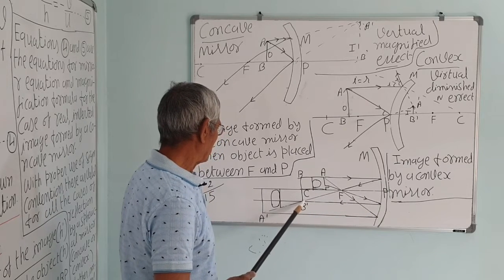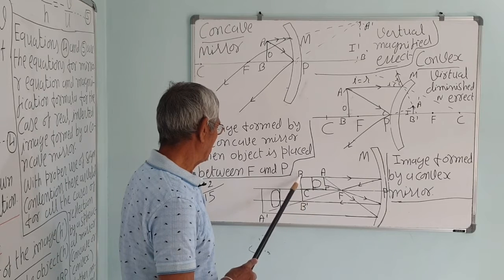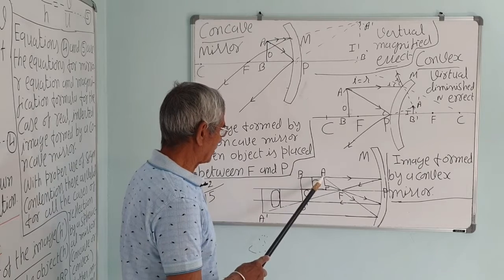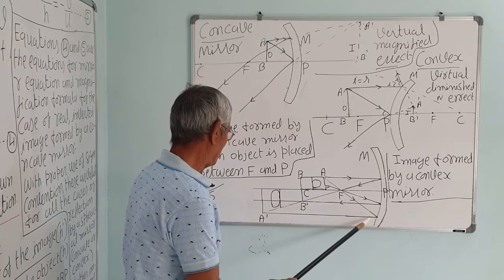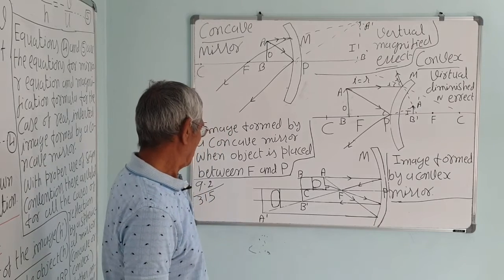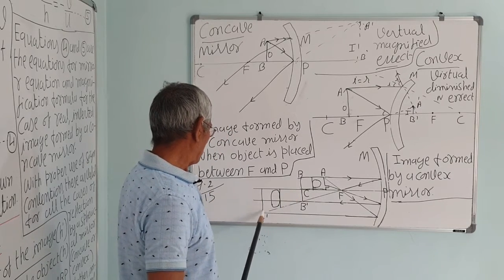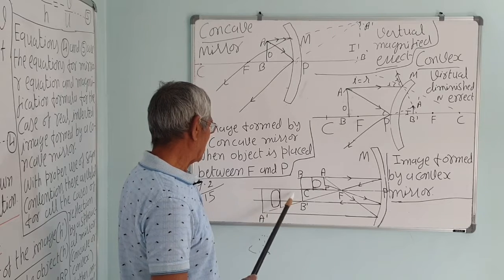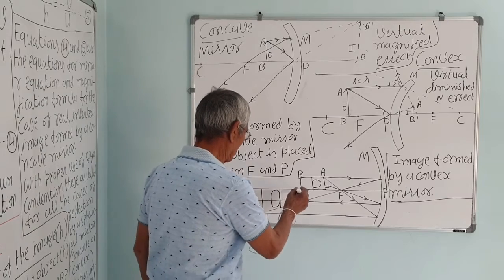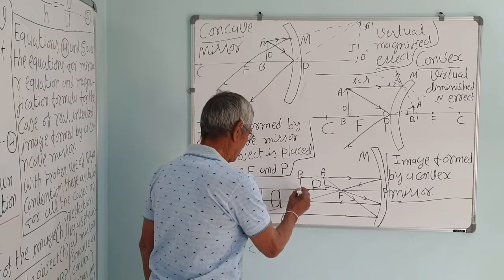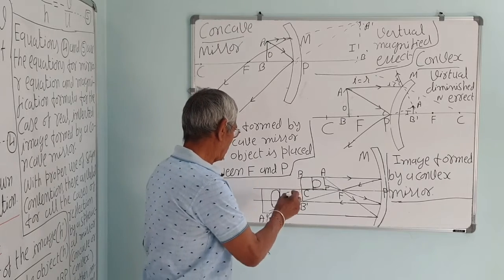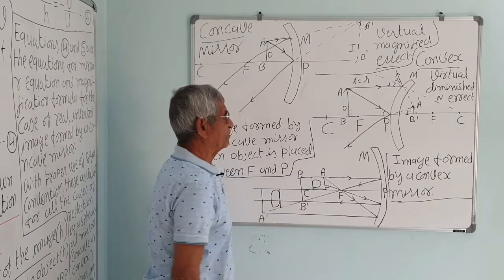So this point B dash is the image of B. So this image is the same. Another ray you have taken from the A, this will go parallel, that is passing through the F. Now this image is distorted, the size is not the same here, here the size is the same, because the object is at C, it depends upon the location, correct. So here at C the size will be the same.